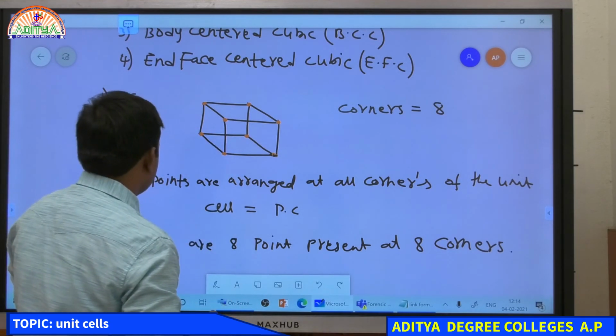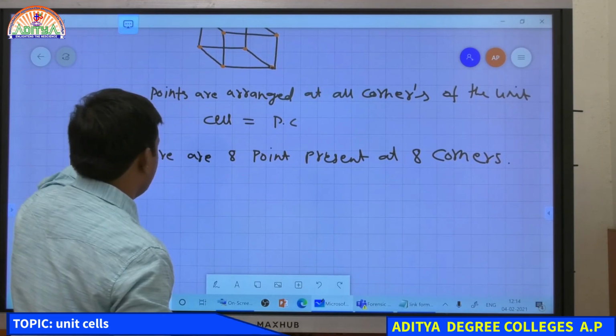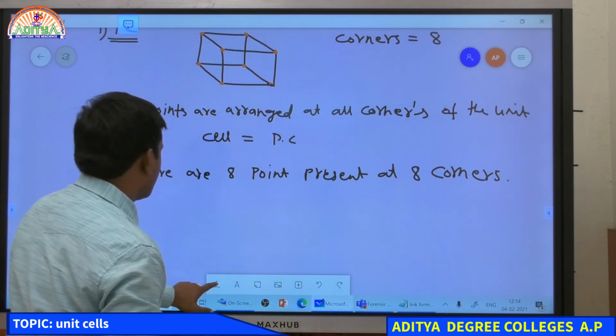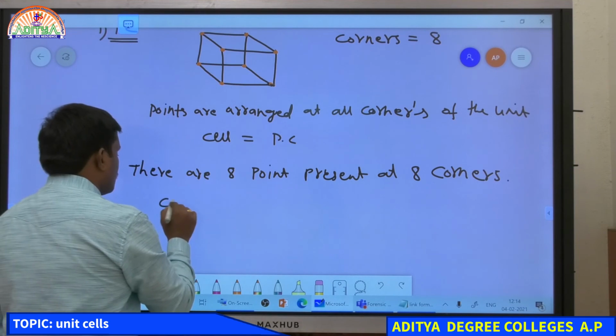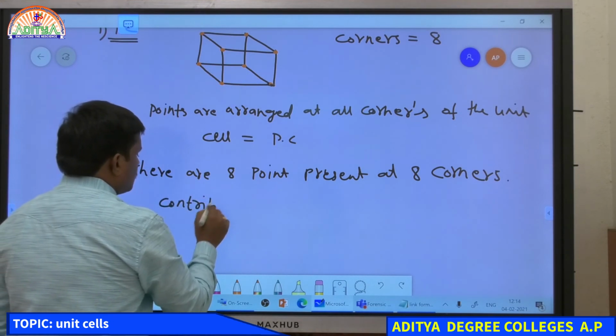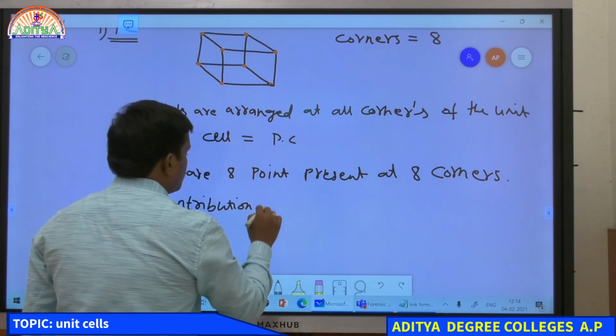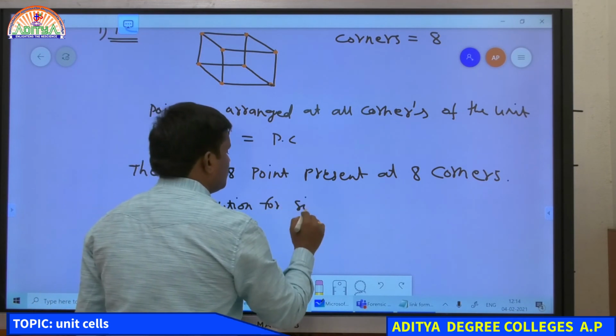Therefore, totally there are 8 points, but for a single unit cell the contribution is only